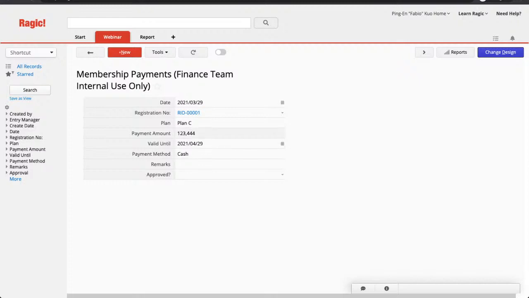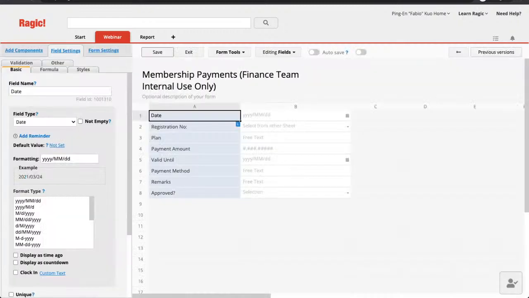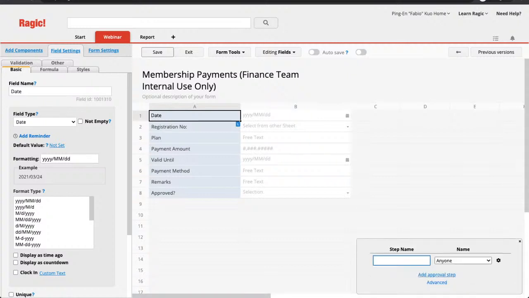So how do you set up approval fields in your Ragic database? Well, first of all, go to change design. Down here, you see a person with a tick right here. Hover to it. Basically the box will bounce out. Configure approval flow for this form. Click on it, and you can add an approval step. Step 1. Let's say payment check,